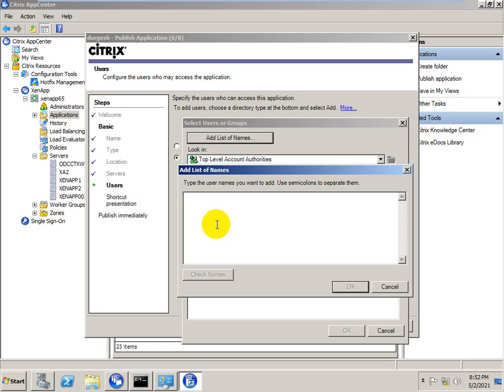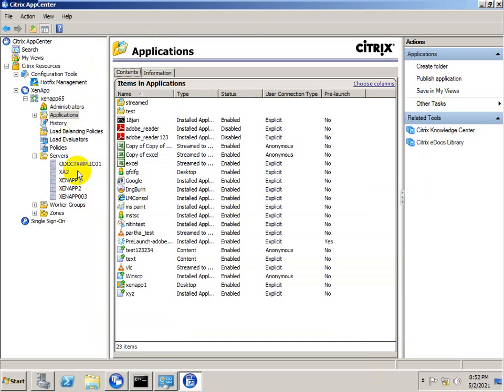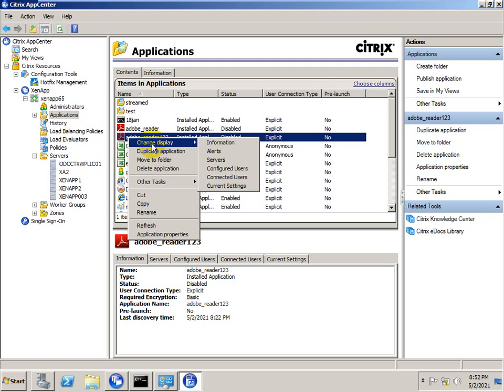We have user ABC who needs to be given the PDF application, and we need to check which group is for the PDF application. How can we check? Just cancel it. We need to check the PDF properties. Where are the properties?